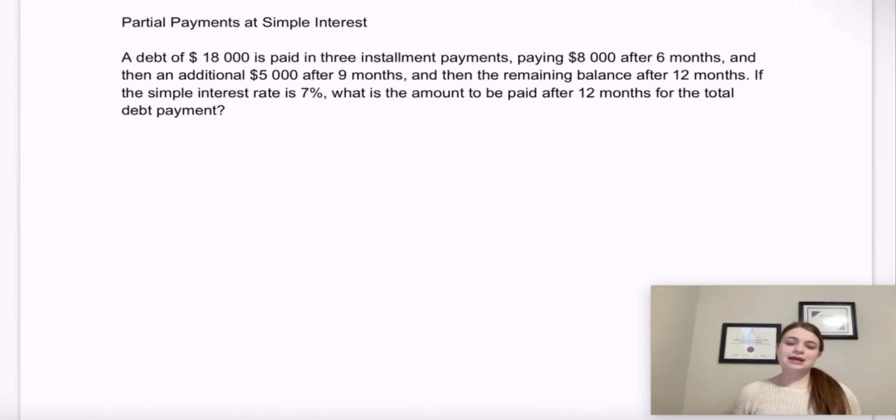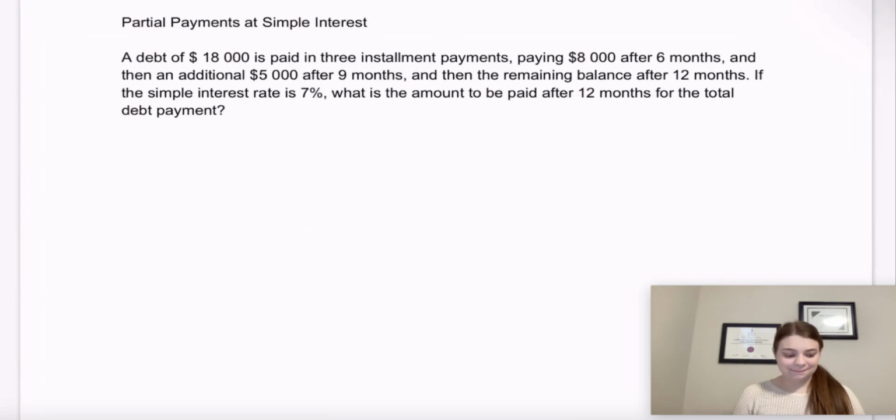So today we're going to be answering this question about what if there are partial payments made after a certain amount of time with simple interest. So let's go ahead and give this one a go. A debt of $18,000 is paid in three installments, paying $8,000 after 6 months, then an additional $5,000 after 9 months, and then the remaining balance after 12 months. If the simple interest rate is 7%, what is the amount to be paid after 12 months for the total